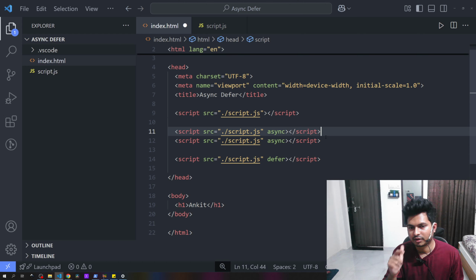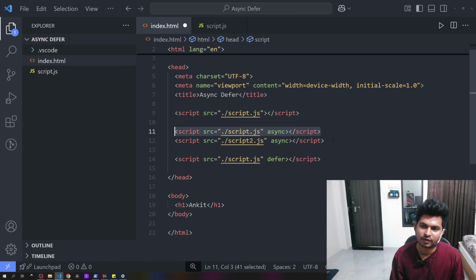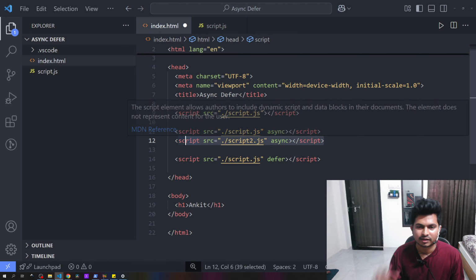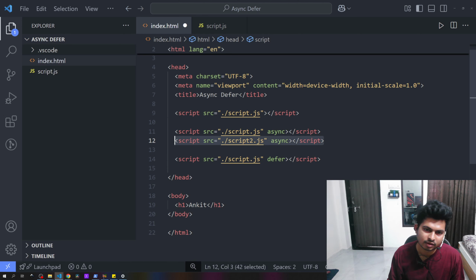Whichever script is fetched first is executed first. So if script 2 is fetched first, it will execute first, and if this script is fetched after this, it will run later. So there is no order, and here it will create problems.